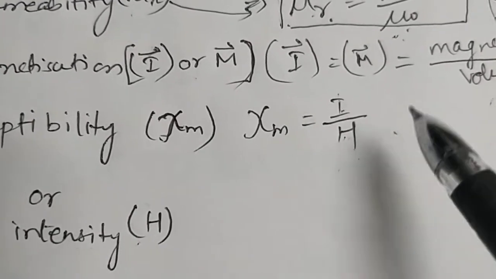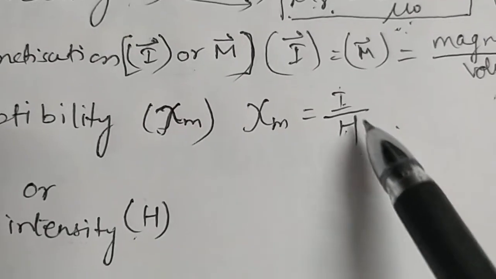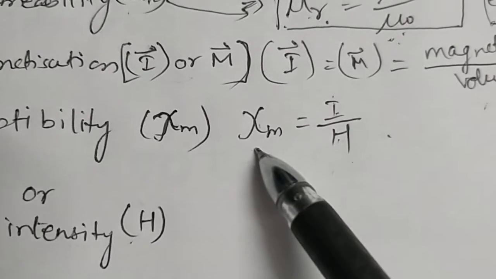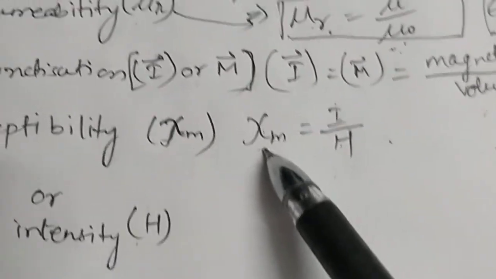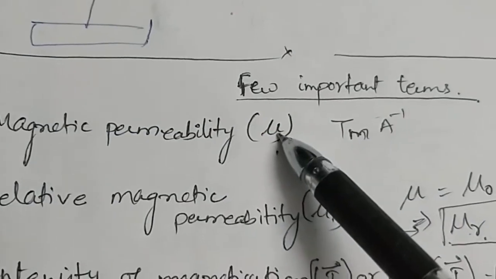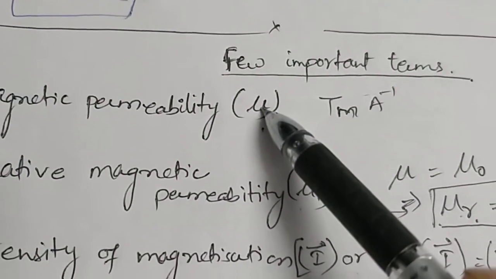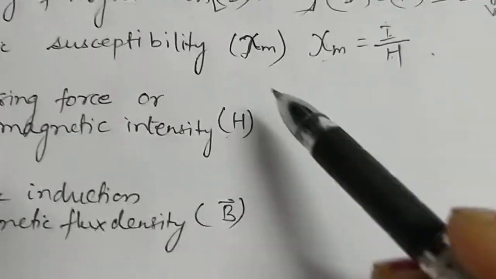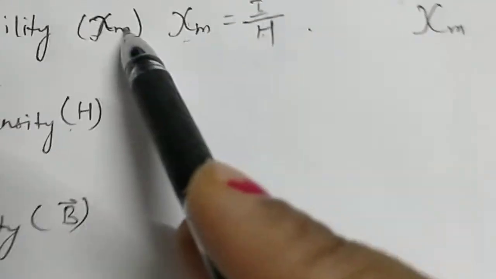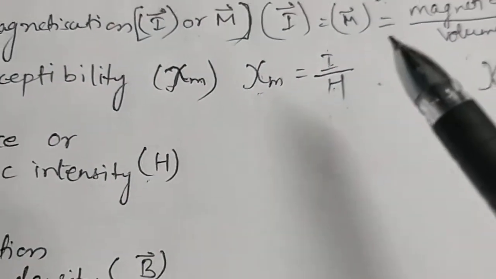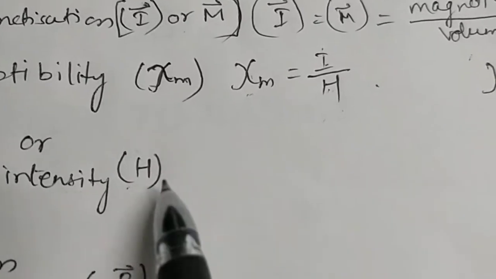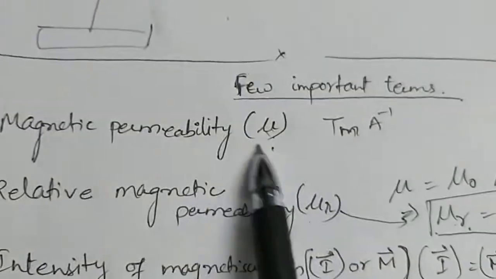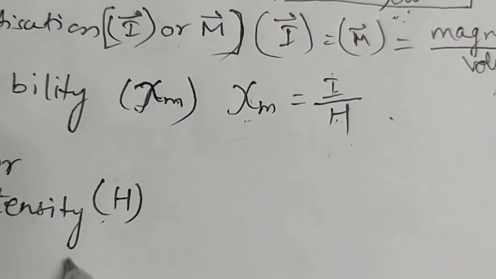Before we go further, what is the importance of Xi M? It determines how easily a specimen can be magnetized. Mu tells us how many lines will pass through it, that is, how strong the magnetic property of a material is. But Xi M tells us how easily the specimen can be magnetized. So there is a slight difference between what is told by these two quantities, and the units are also different.